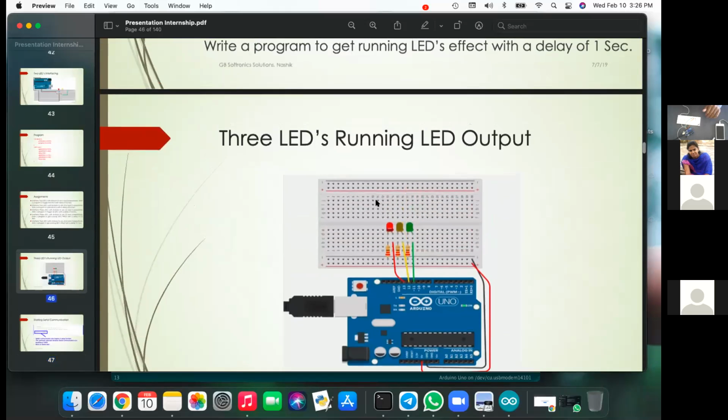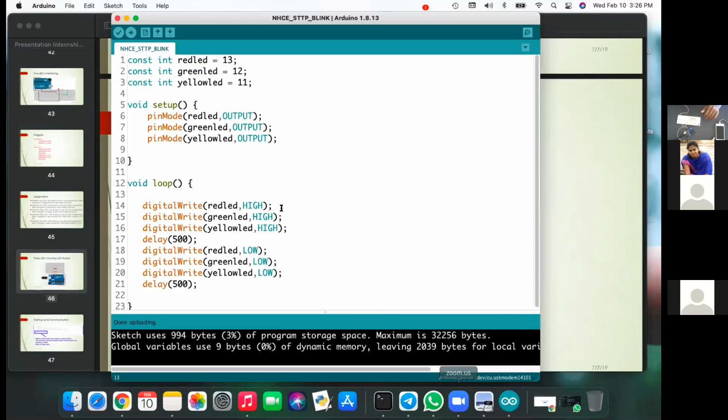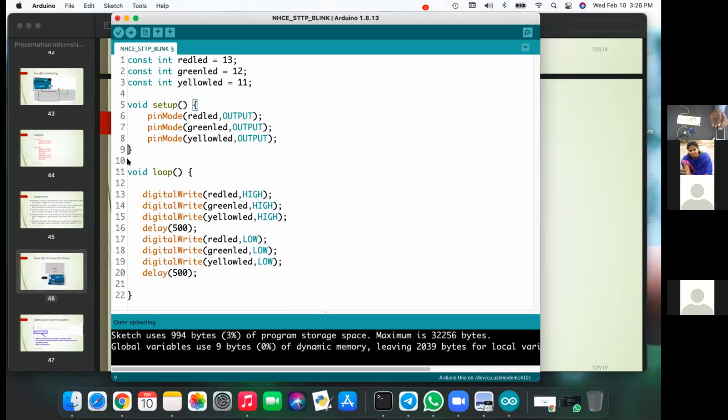Okay, so before starting the serial communication, we will try the traffic light simulation program. Generally this is a practical in most of the universities. They ask this type of practical, simulate the traffic light using the microcontroller. So how to simulate a traffic light? What is a traffic light? There are three LEDs: red LED, then the middle one is the yellow LED, and the last one is the green LED. Okay, so I have to change here.